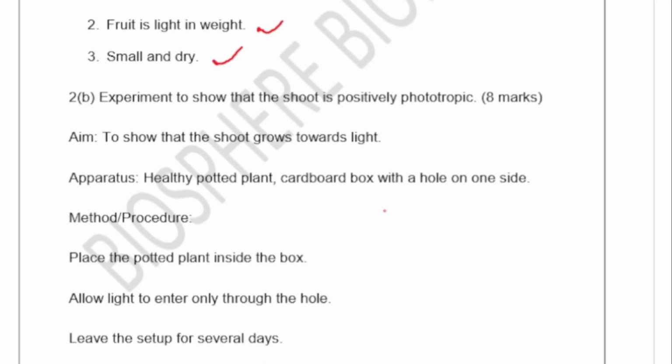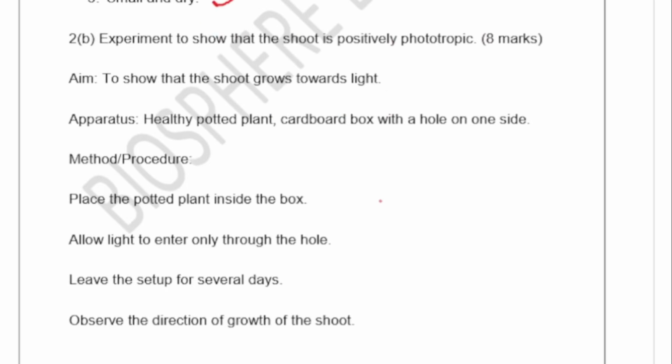Now they asked us to talk about the experiment to show that the shoot is positively phototropic. So the aim is to show that the shoot grows towards light. That's what it means to be positively phototropic: if it is positive, it's going towards light. If it's negative, it's going away from light. So the apparatus now, we mentioned a few things: the healthy potted plant, cardboard with a hole for light on